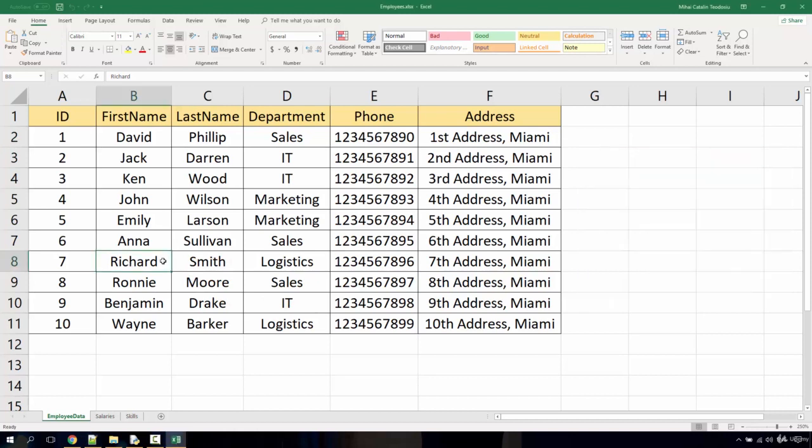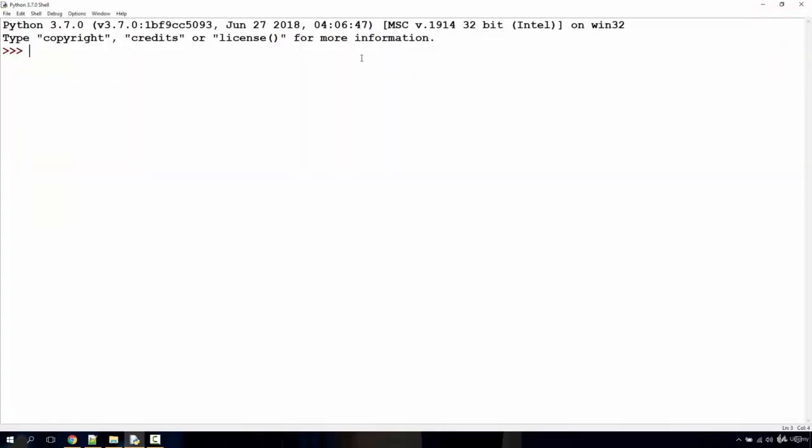Okay, so remember that we are going to use the cell B8 in order to apply all the style changes I have already mentioned. And now I'm going to close the file and I'm going into the Python interpreter. First of all, I'm going to import OpenPyXL. And we're going to have a look at